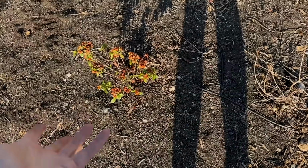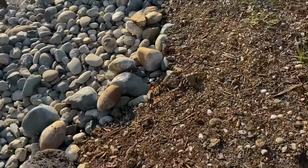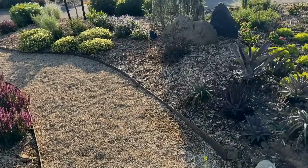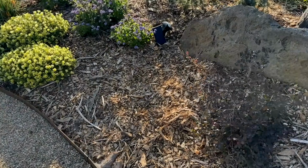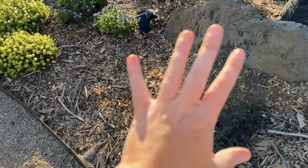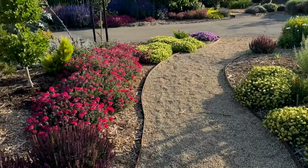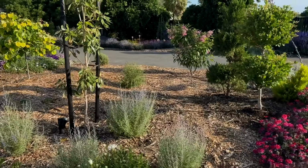We have boron in our groundwater here, which causes a ton of alkalinity, and it's almost just too alkaline for some plants. So I think that's what might be going on with the Chinese fringe flower right here. I'm not totally sure though. So anyway, because of that, I know I need to add some more dark foliage in this garden bed. So I do have a shrub today that I'm going to try out and see how it does in